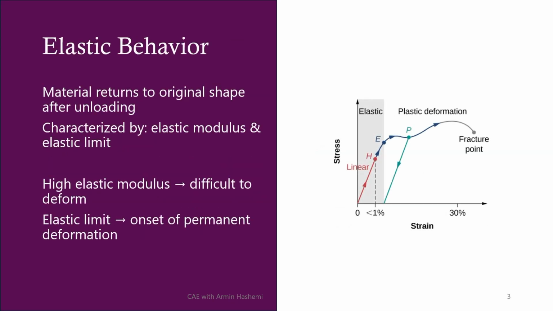In technical terms, a material is considered elastic when it returns to its original size and shape after the applied load is removed. Two key parameters characterize elastic behavior: the elastic modulus and the elastic limit. A high elastic modulus indicates a material that is difficult to deform. The elastic limit is the stress level beyond which the material no longer behaves elastically and permanent deformation begins to